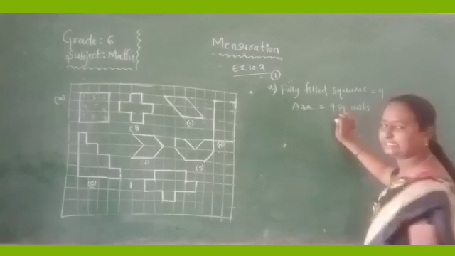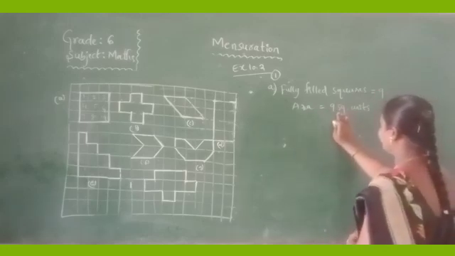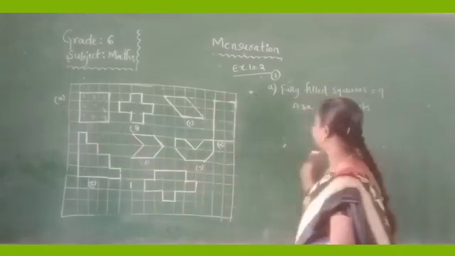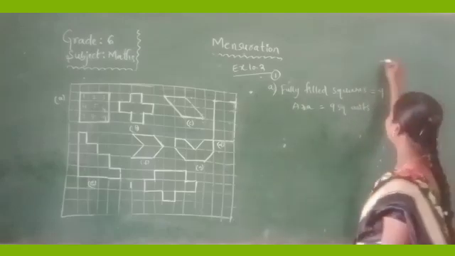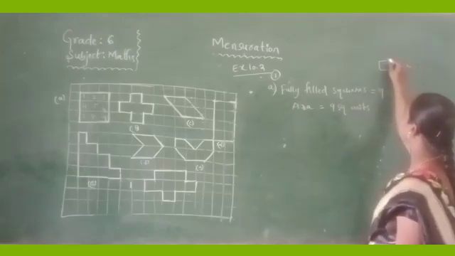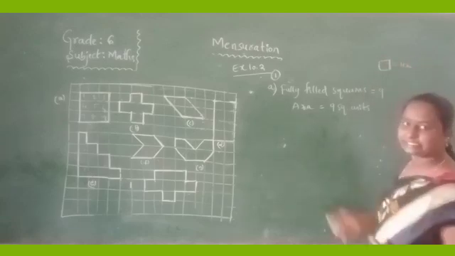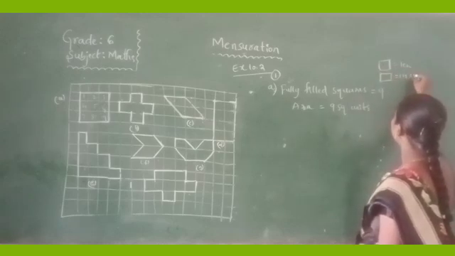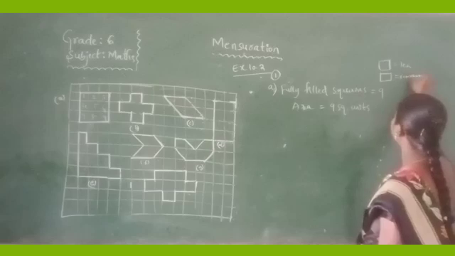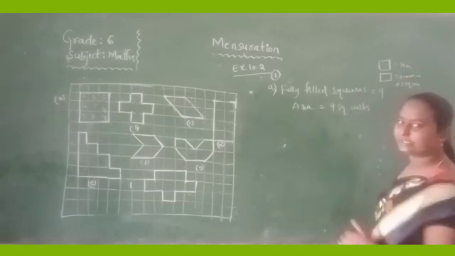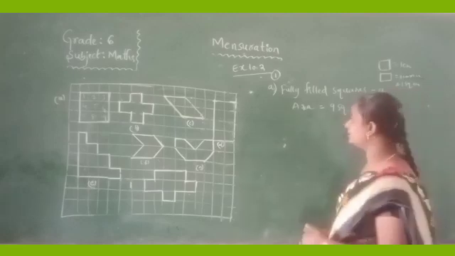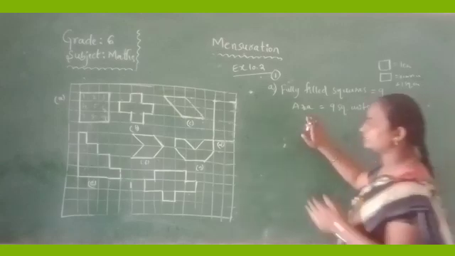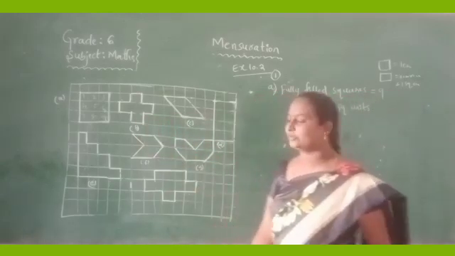Okay, these are the units of area. So square units. So there is no centimeters given. Okay? So you can write, we are taking one box as 1 centimeter. 1 square is equal to 1 centimeter. Right? Area means 1 centimeter into 1 centimeter, total 1 square centimeter. So in the last class you learned. So here also see. Now take directly 9 square units. So what is the area of that figure? 9 square units. Very good.